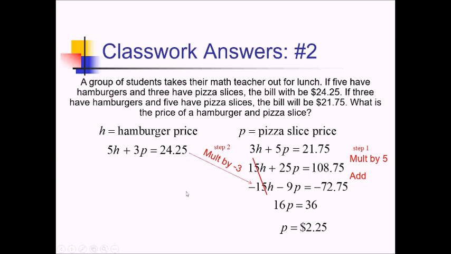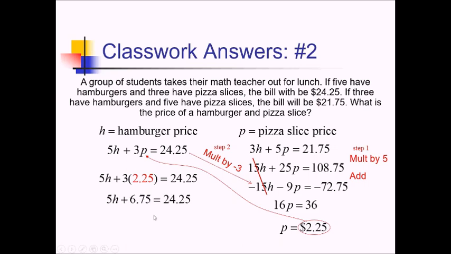Okay, now we need to find the burger price. So let's plug in 2.25 for P in one of these equations. I'm going to use this equation up here. Really, one is as good as another at this point in the problem, but you got to plug it in somewhere. So we have 5H plus 3 times 2.25 equals 24.25. So this is 5H plus